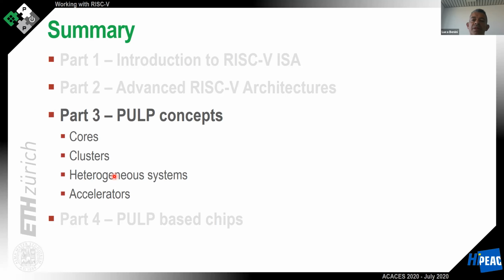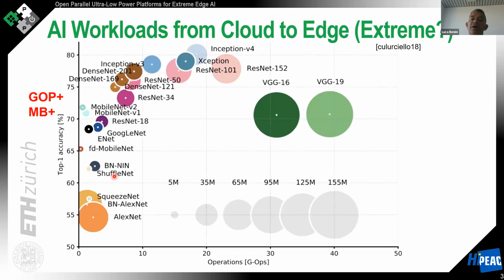So let me start with the main concepts that led to the project, whose content I'm describing in this lecture, and this is called the Parallel Ultra-Low Power project, the PULP, in the context of which the cores that you have seen in the previous lecture have been designed, validated, and implemented. So the idea motivating the PULP project was fundamentally to bring complex computations on sensor signals to the edge,